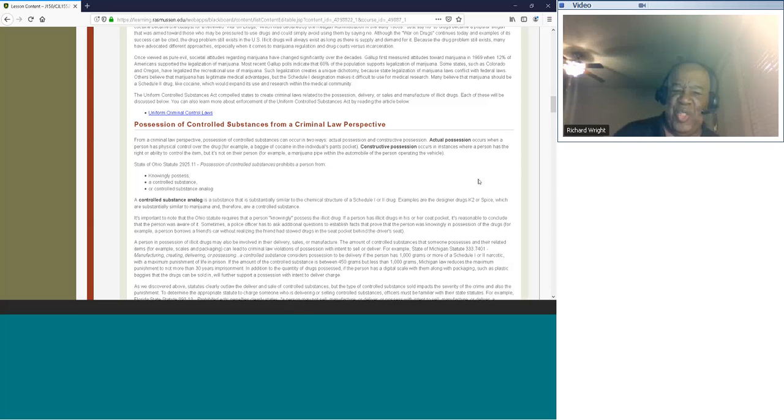But if they put it in your seats, in your car, you're held responsible, in your ashtrays, glove compartments, or any part of your vehicle, you're held responsible for those. Now, what is a controlled substance analog? It says here it's a substance that is similar in chemical structure to a Schedule 1 or 2 drug, such as what they call designer drugs. These are manufactured, K2 or Spice, which are similar to marijuana and a controlled substance.